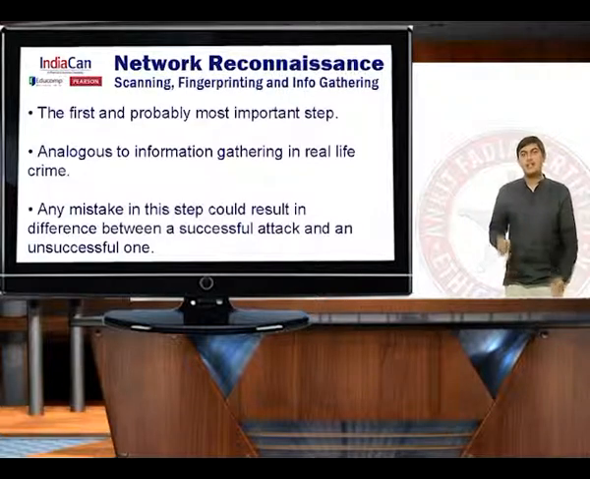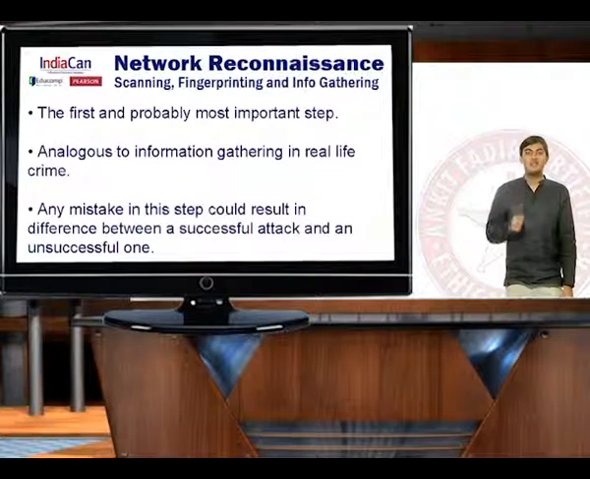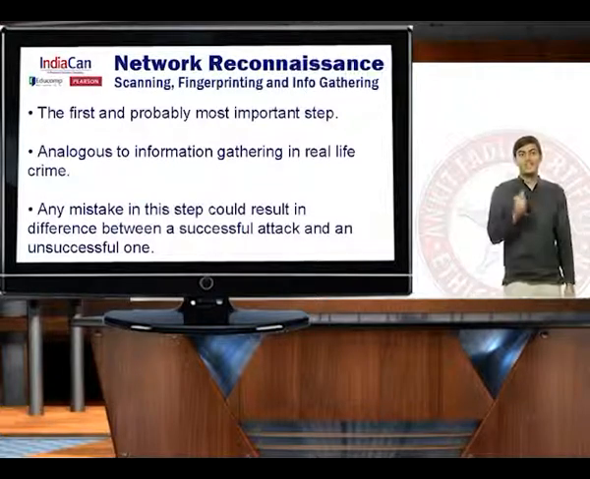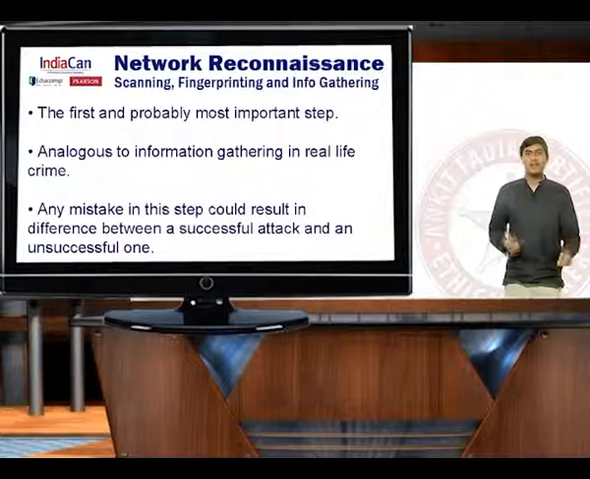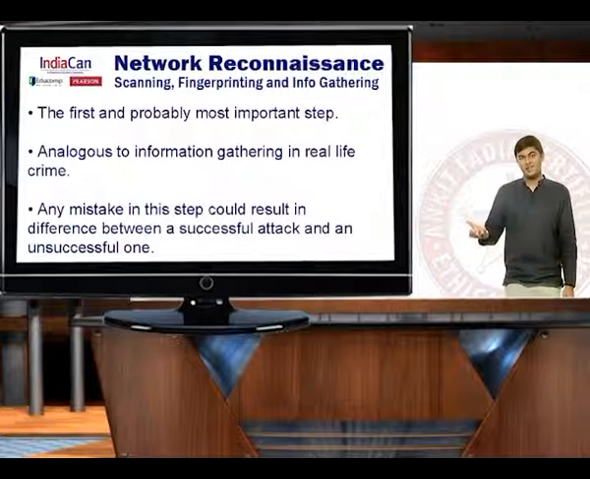Like I said earlier, information gathering is the most important step that every single computer attacker must undertake when he or she wants to break into a particular system. Any mistake in the information gathering technique can actually mean the difference between a successful attack and an unsuccessful attack as well. As a result, the information gathering technique is probably the most important step that every single